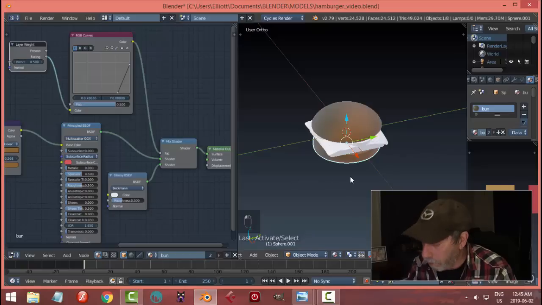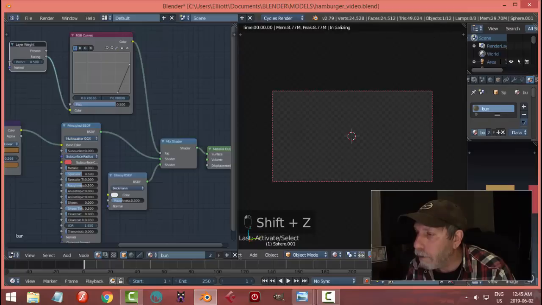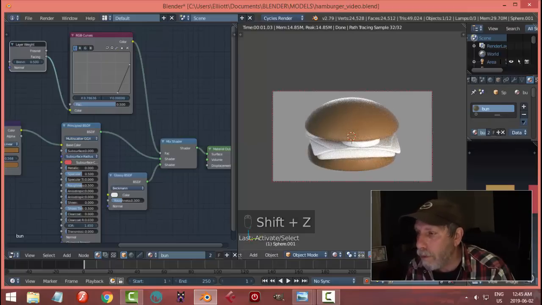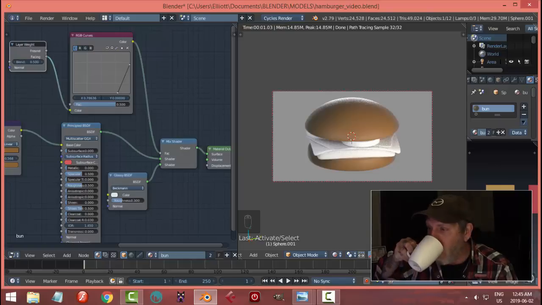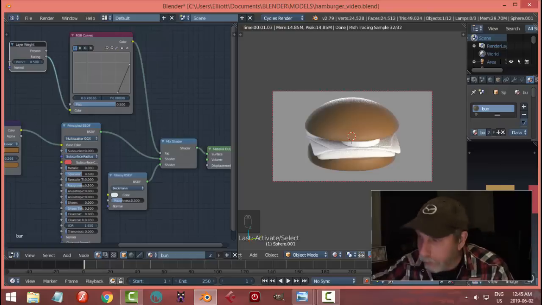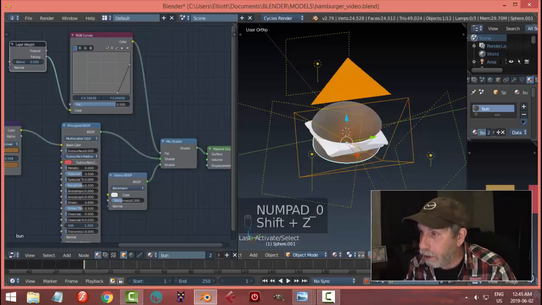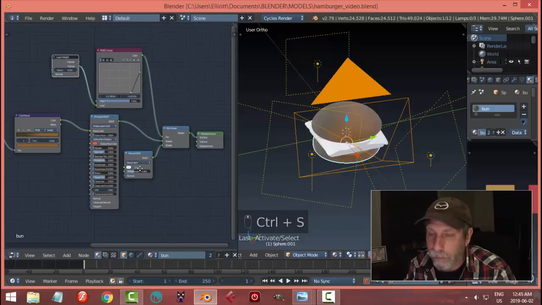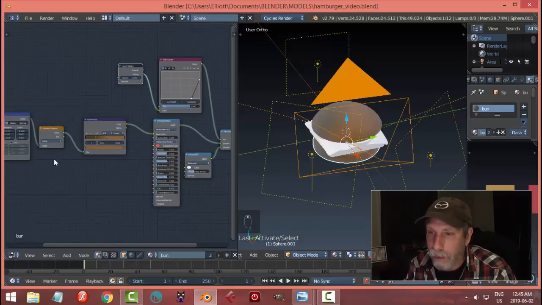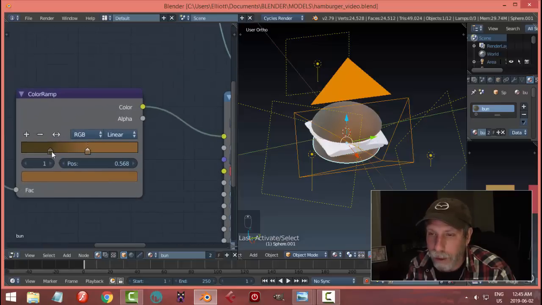Now to there as well. So if I do select all that, you know, cartoon hamburger. Okay, that's going to form the basis pretty much of all of my textures, except for the gradient. I mean, I'll be using for other things. I'm not sure I like that gradient yet, or those colors, but